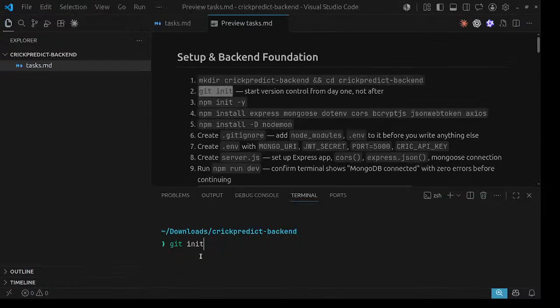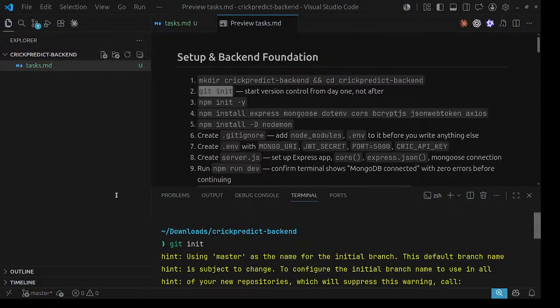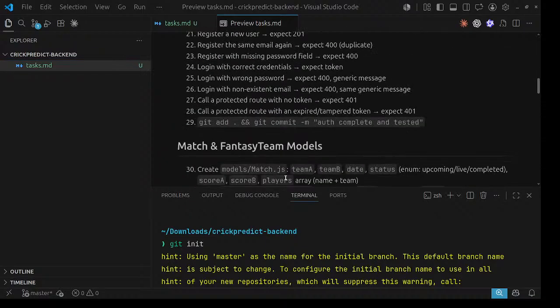If I can show you, yes, git branch. It started.